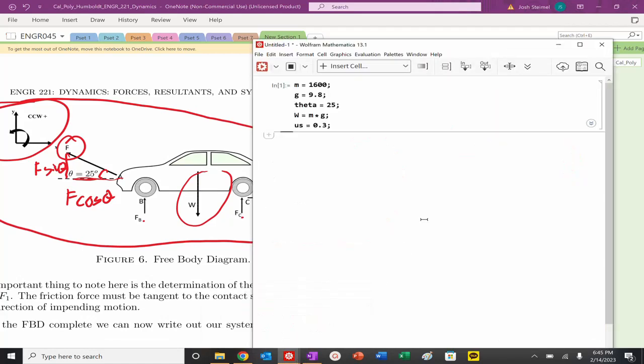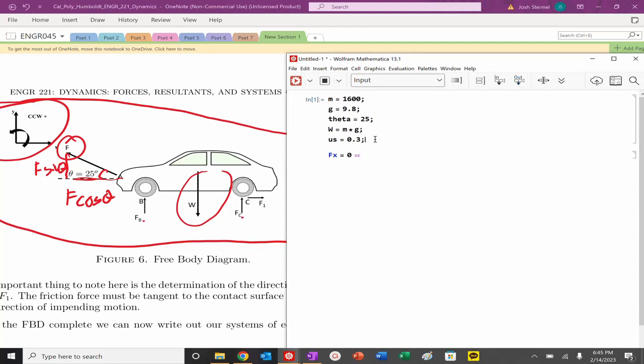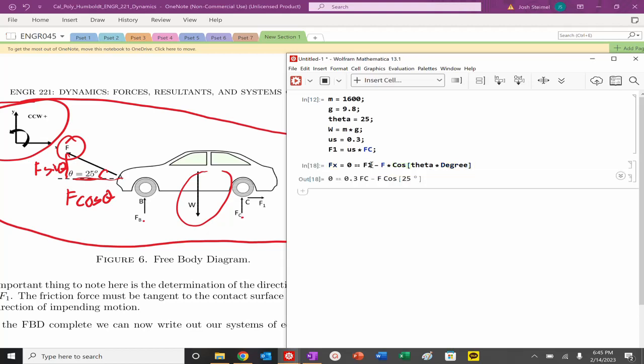So I'm going to do my sum of my forces. So force in the x direction, that equation must sum to be equal to 0. Set it up equal to, and actually I can define this here. My F sub 1 is going to be equal to, again, that's my friction direction, so it's mu s times FC. So in the x direction, I simply have F sub 1, positive direction, good, minus F times cosine of theta,